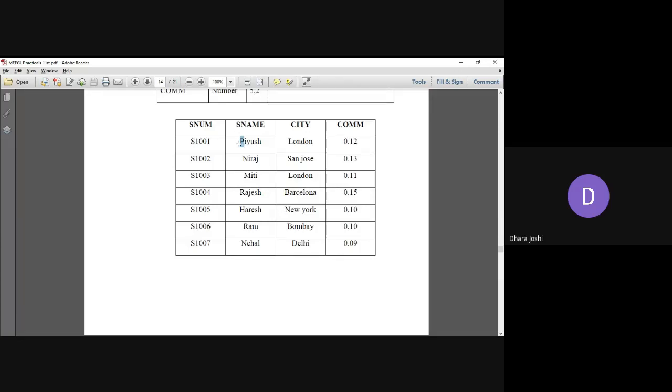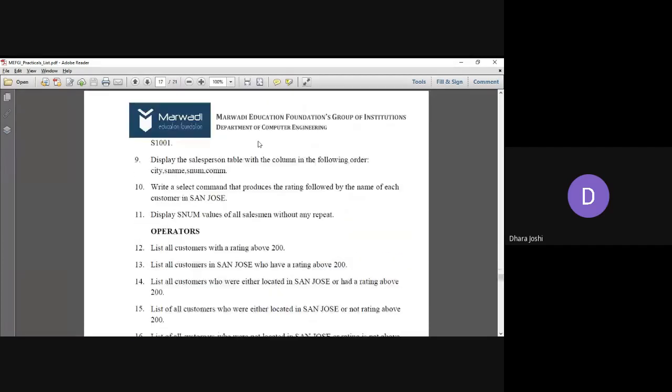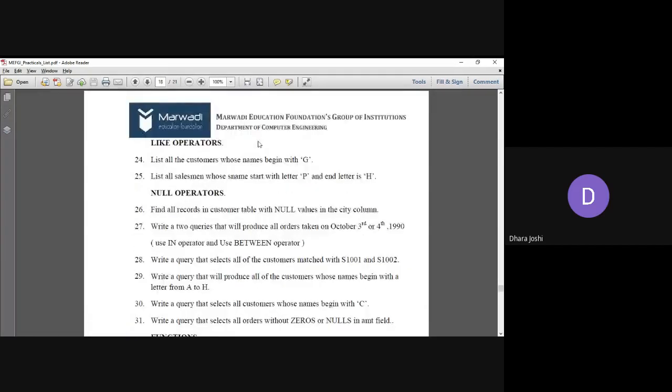So we'll put it in the query like this: the first character should be capital letter and the last character should be small letter, and whatever we have given in the condition should remain as it is. The first letter should be capital P, and the end letter should be small h. We'll apply this query like this. There can be two solutions for this. You can give the answer, and the remaining one I will explain to you. I'm giving you 1 minute. You can think about this query and reply here in the chat box with your answer.